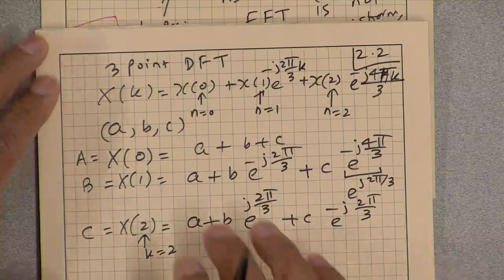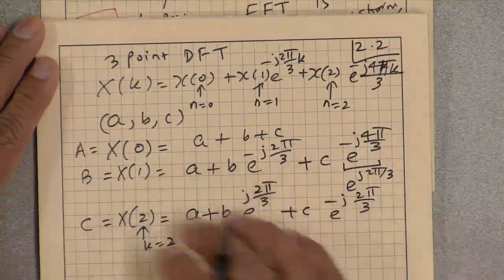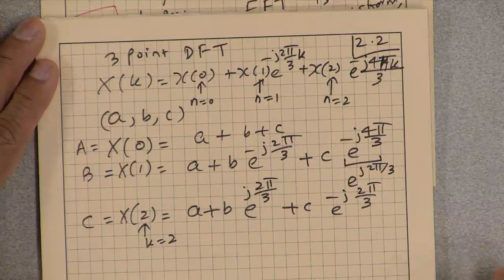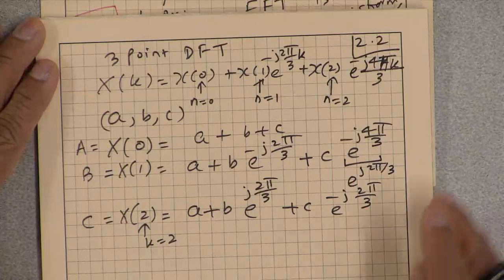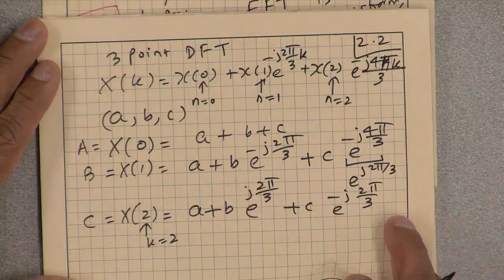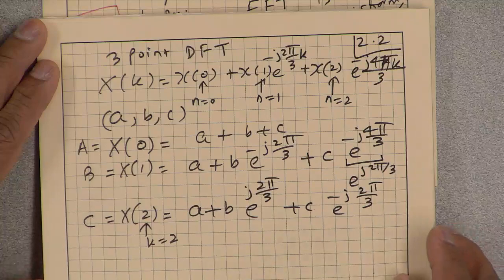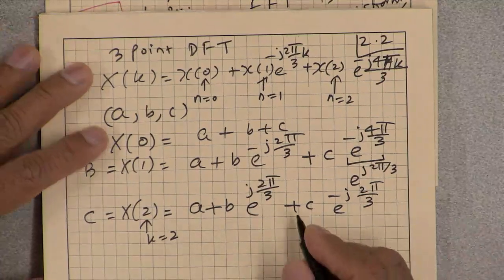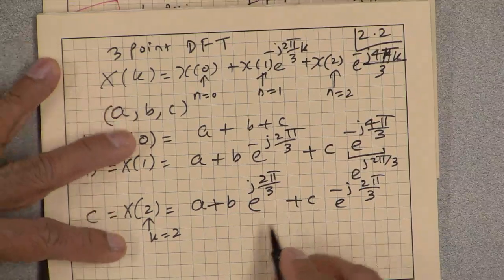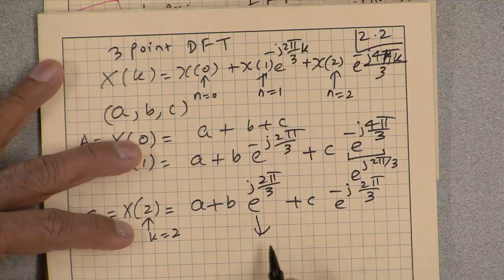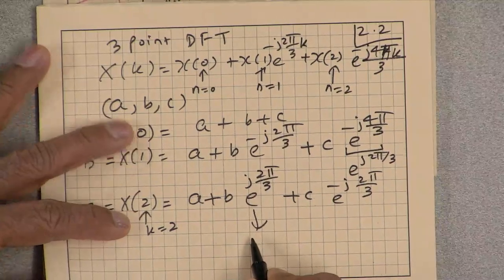Okay, so I will stop here. There is a little more simplification that we can do, but I will leave that to your homework to play with, and we'll stop here. So that's the basic 3-point DFT, and you can see that really it requires multiplication by this complex exponential, which is cosine 2 pi by 3,